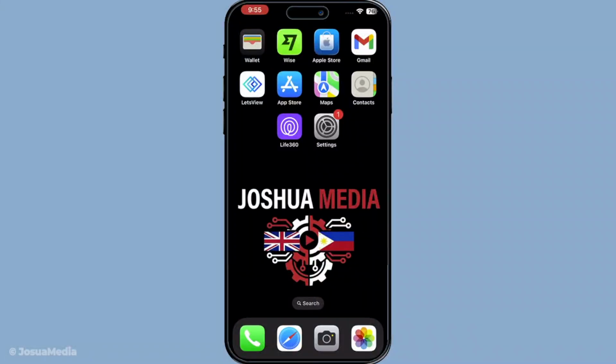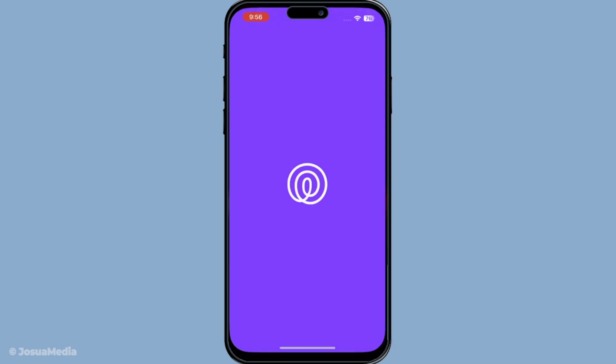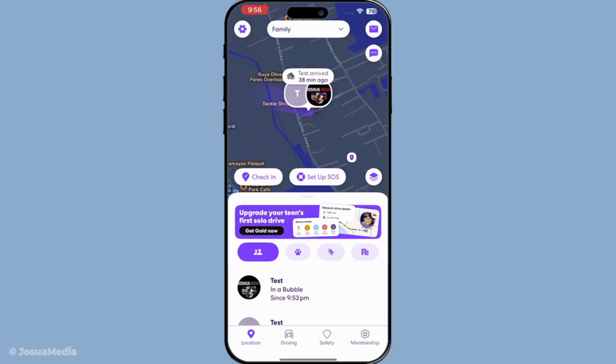In today's video, I'm going to teach you how to change home address on Life360 app 2026. Alright, so I'm starting here on my iPhone, and the first thing I'm going to do is open up the Life360 app. Once the app loads and you're on the main screen with the map, just give it a second